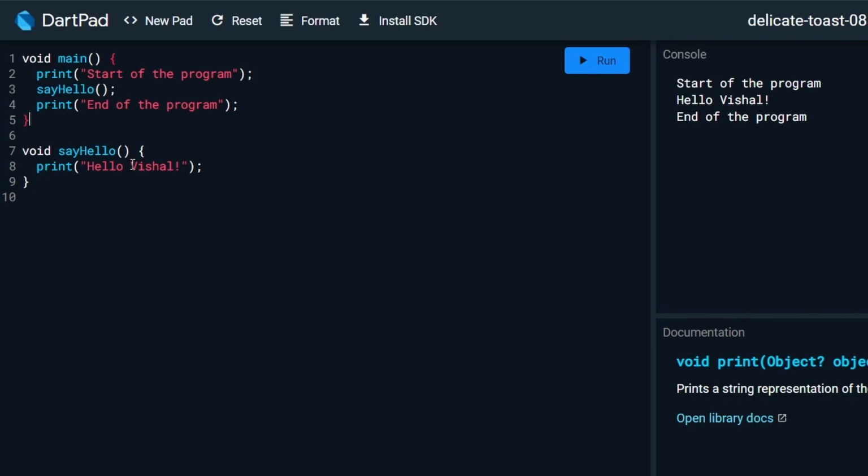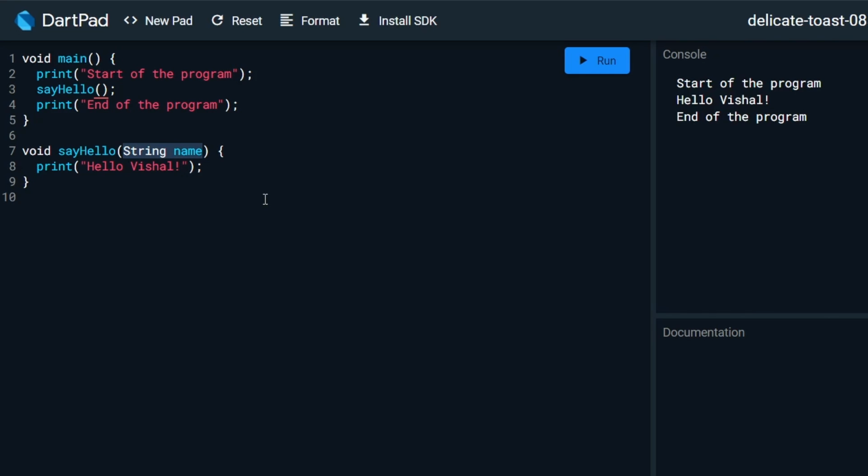Okay, but what if I want to display something else over here? Let's say I want to display some other person's name based on whatever we pass in the function. So there come the parameterized functions. The one that we are using here is a non-parameterized function because we don't have any parameters or inputs to this function. In parameterized functions, we will have a string name as a parameter and we put parameters inside the round brackets. It can have any number of parameters. So let's say name and let's say lastName, that is also going to be a string. So you mention the data type of the parameter along with the name.